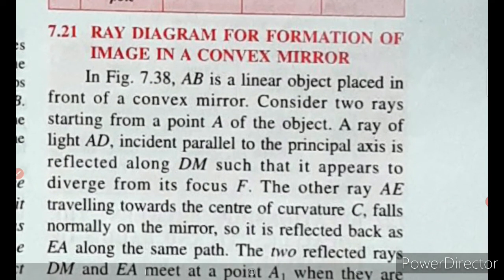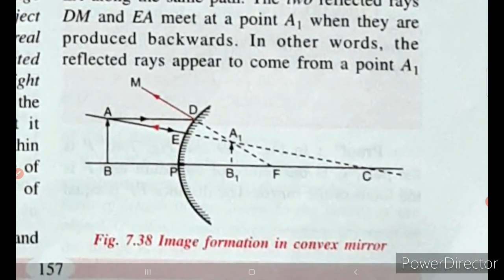Okay, so there is only one diagram for the convex mirror here. If you keep the object anywhere in front of the convex mirror except at infinity, when you keep it at infinity it is formed at focus, okay, but anywhere on the principal axis in front of the mirror, the image formed is always between the pole and the focus, and the size of the image is always diminished, always smaller, remember. As discussed, it is always virtual and erect.